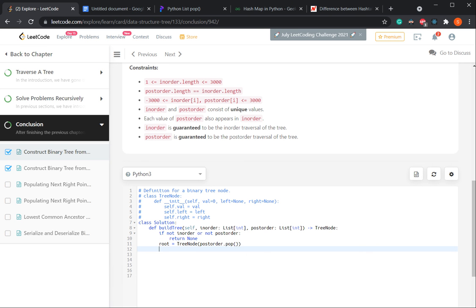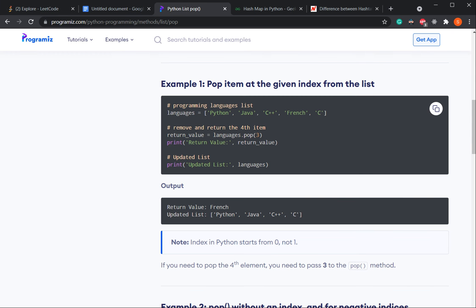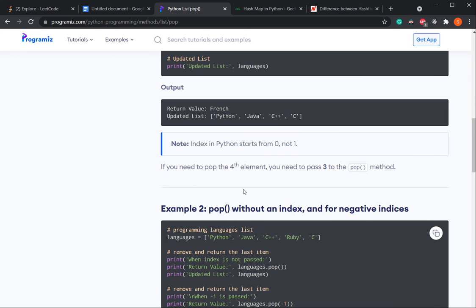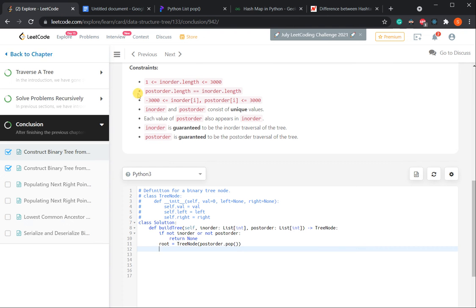If you don't know how the pop function works, you can just look up the pop function. Pop removes the item at a given index and returns that element. Like if you are using postorder.pop, it will remove the last element of the postorder array and return it, leaving the array without that last element.